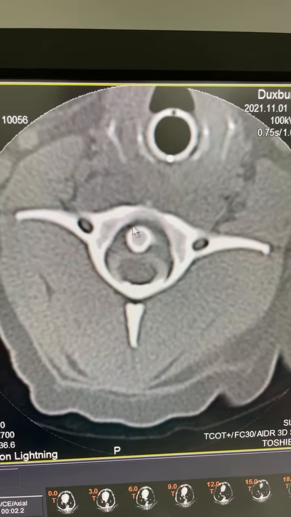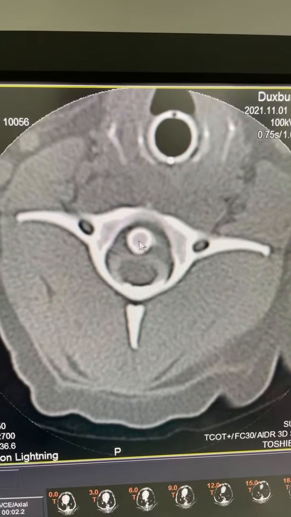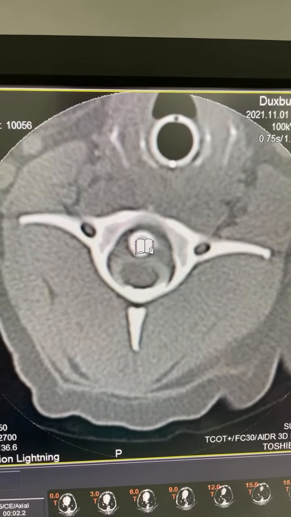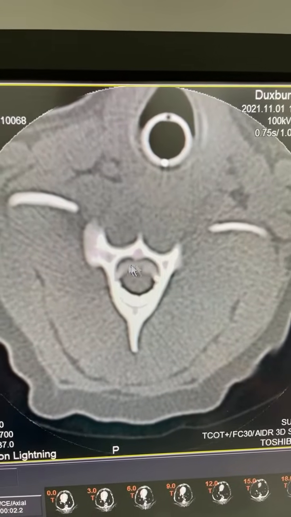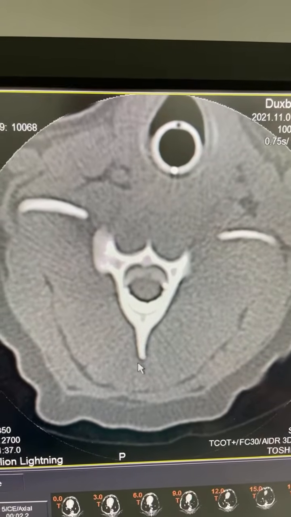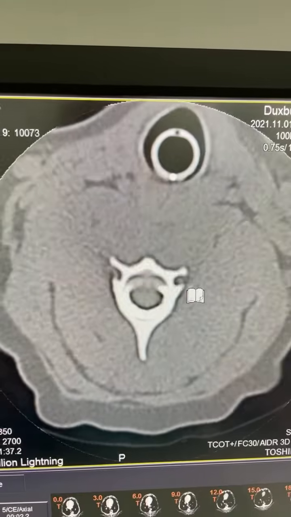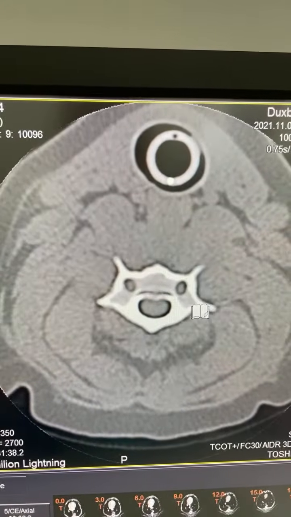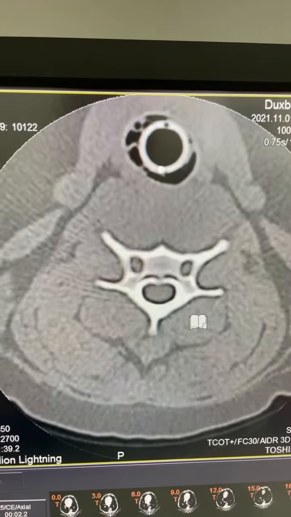So looking here, we've got the dens right here, which is poking from C2 up into C1. So this is the atlas right here. Now heading back, we can really clearly see contrast material surrounding the spinal cord. This would be C2, which has the very prominent spinous process dorsally, and then it's kind of a characteristic triangular shape. Now this would be C3 here, and we think that they kind of look like a possum or a wombat. Heading back to C4,